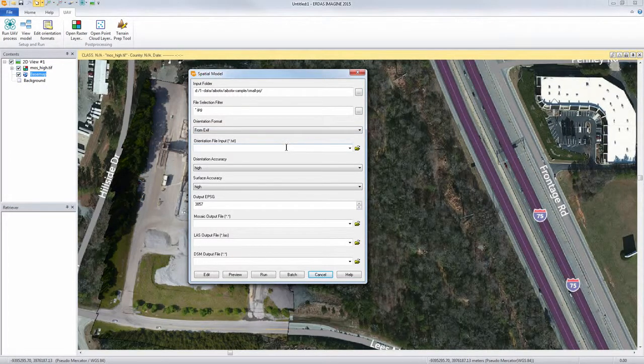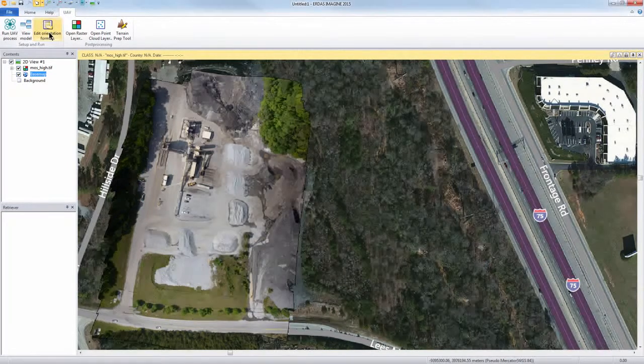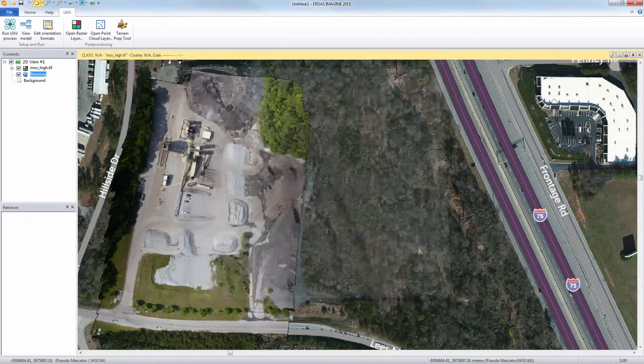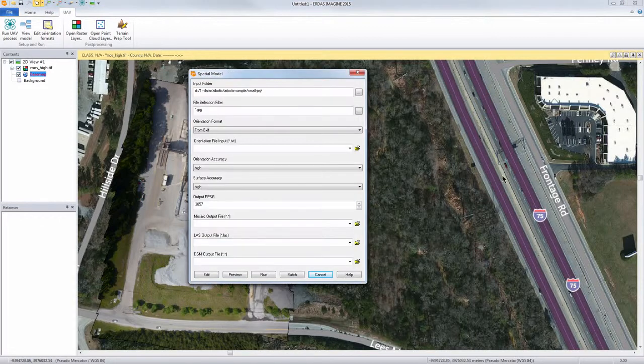If you have an external orientation input file, you would specify that here. If you're not sure what format that orientation file is in, or if it isn't in the correct format, you can use this edit orientation formats dialog, which basically allows you to recreate the actual file so that it adheres to the interior orientation file that we need. So if we go back to the spatial model GUI, then we get down to the